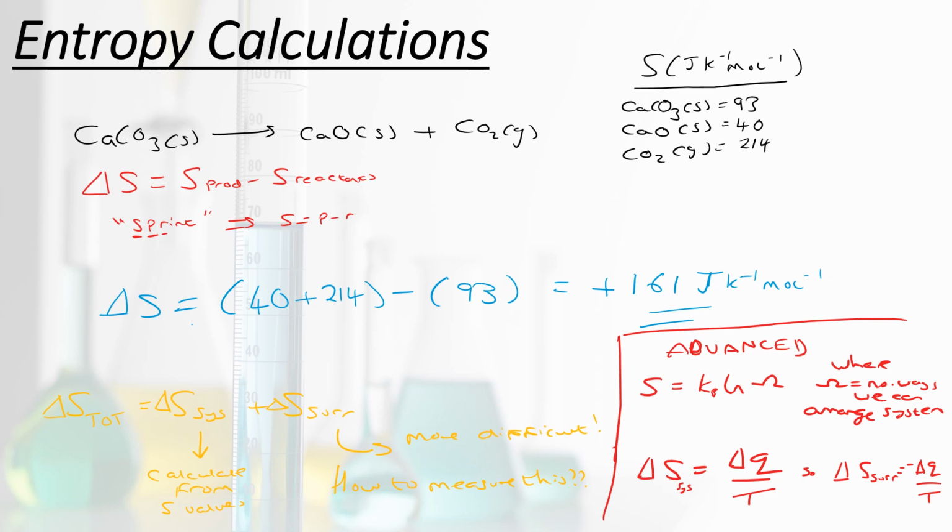And entropy changes, like enthalpy changes, can be positive or negative. If we get a positive entropy change, we've increased the entropy, we've increased the disorder, we've increased the randomness. There's more ways of arranging these products than there were of arranging the reactants. If we decrease our entropy, then we've got a negative number, it's less random, less disordered, or more ordered, you can think of it, and therefore there's fewer ways of arranging the products than there were the reactants.